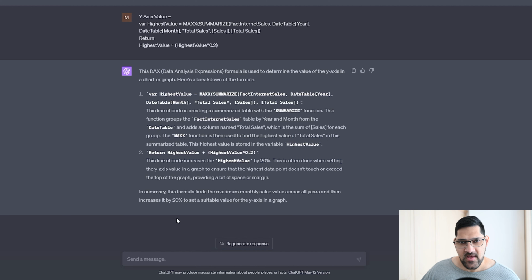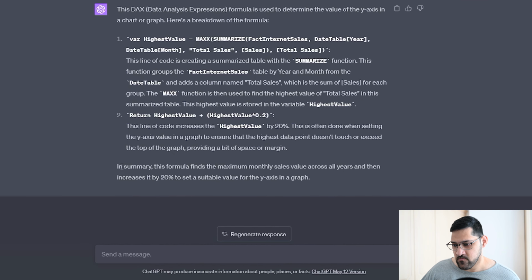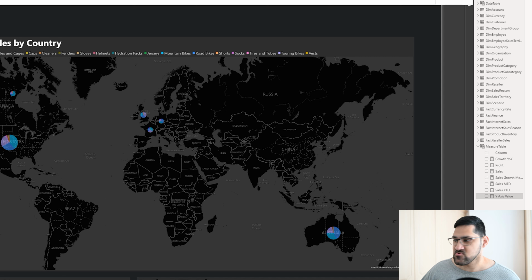But having said all that, have a look at the bottom here. In summary, this formula finds the maximum monthly sales value across all years and then increases it by 20% to set a suitable value for the y-axis in a graph. I didn't even tell ChatGPT it was going to be used in a graph, but it figured out a use case for this without me giving it any context whatsoever. This is perfect. I can simply copy and paste from here and add it as a description